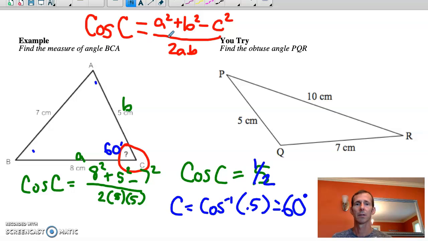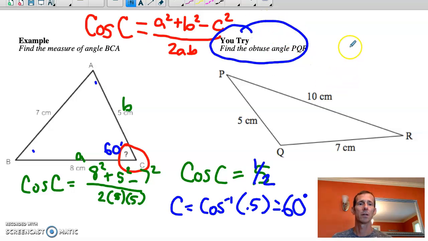So once again, this video is going to be much shorter than the prior one. You try using this triangle to figure out the obtuse angle PQR, which is right here. Notice then that that is the side across from it, and that's important. These are the two sides that include it, and that will help you calculate it. So take a second, pause the recording,